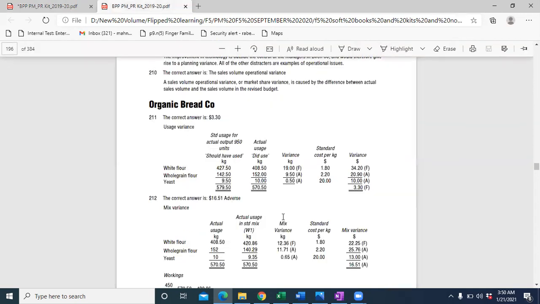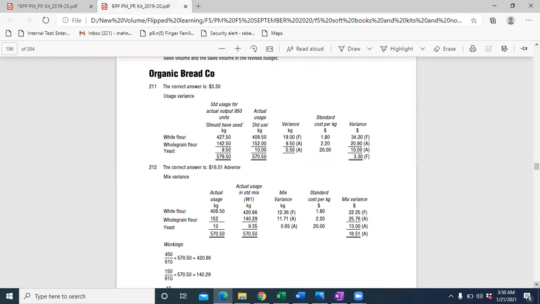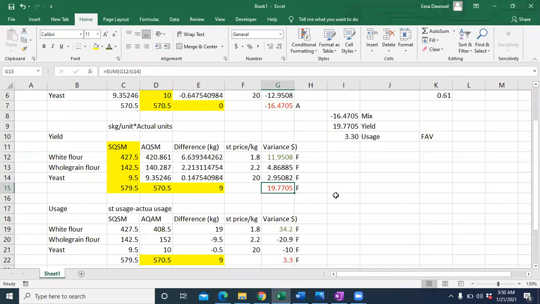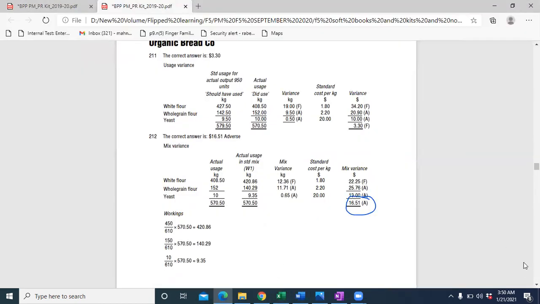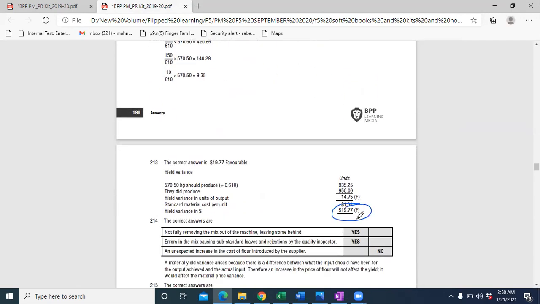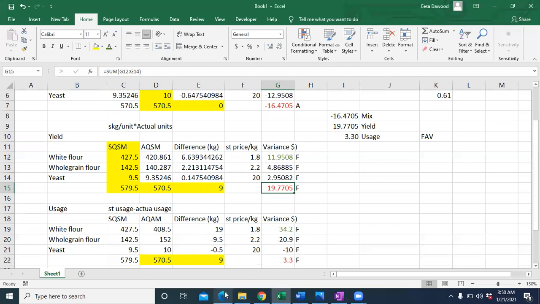This is clearly a mistake in the book. Okay, it is 16.51 adverse and we have rightly calculated. And yield variance is 19.77 favorable. We have rightly calculated it. Okay, and yes, there's a mistake over there in the book. Okay. Next is